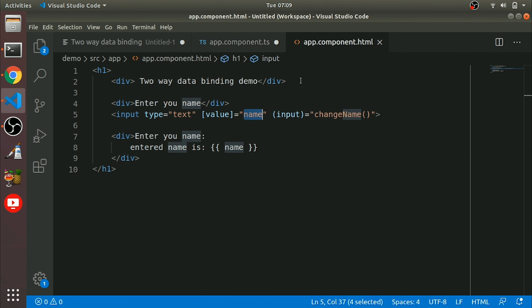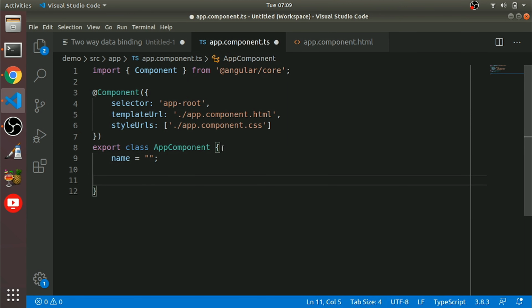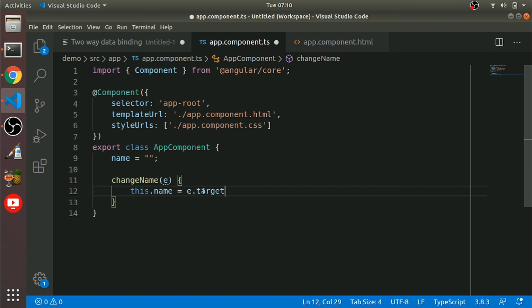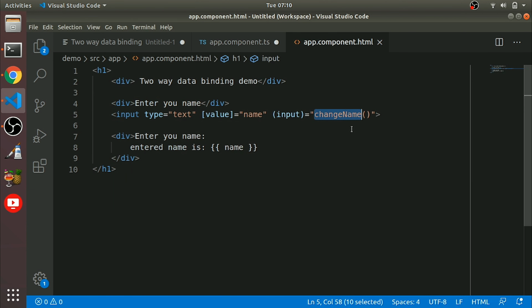Then we need to create a method of the component, changeName, where this.name equals e.target.value. For that we need to pass $event here.